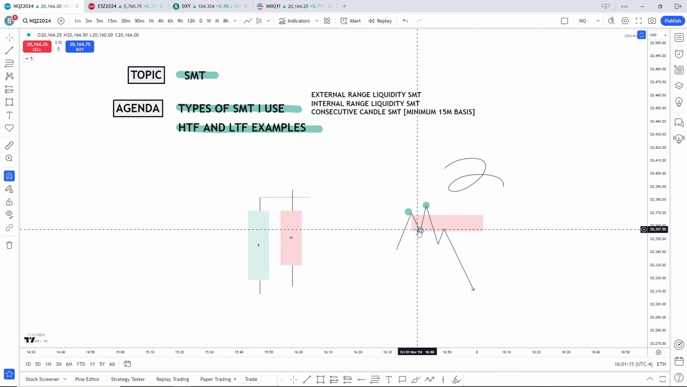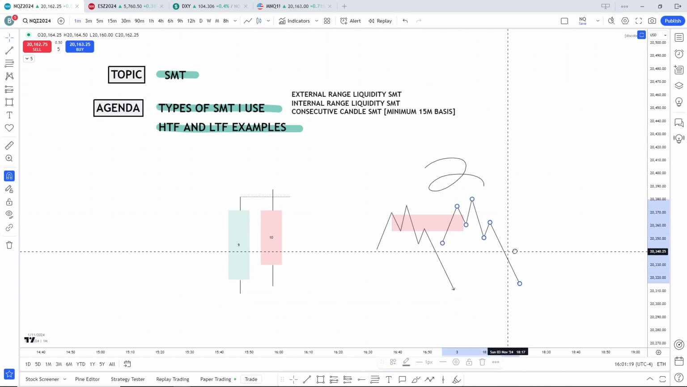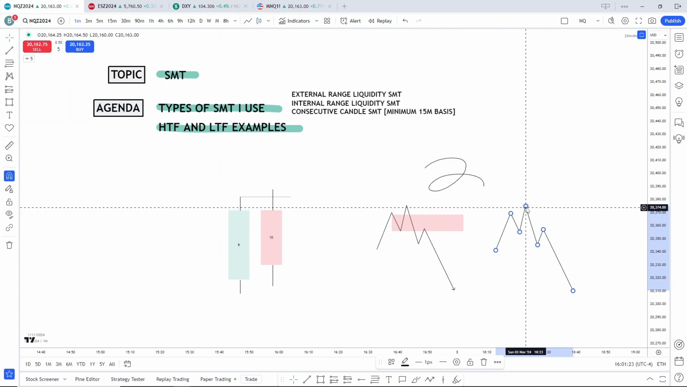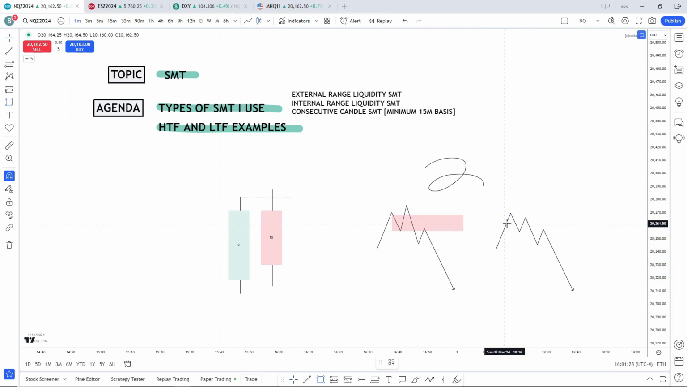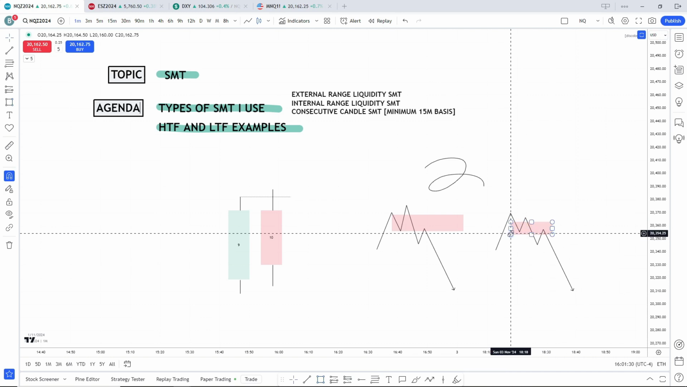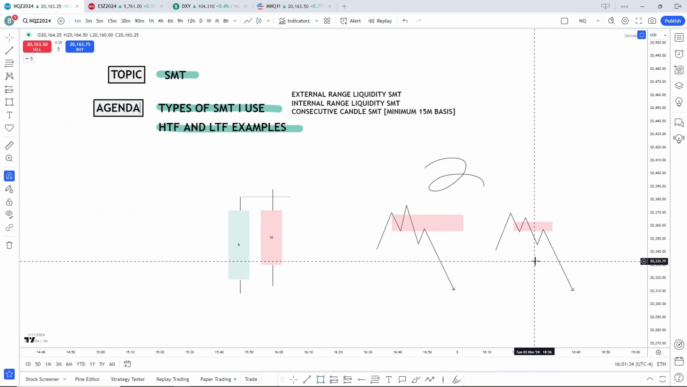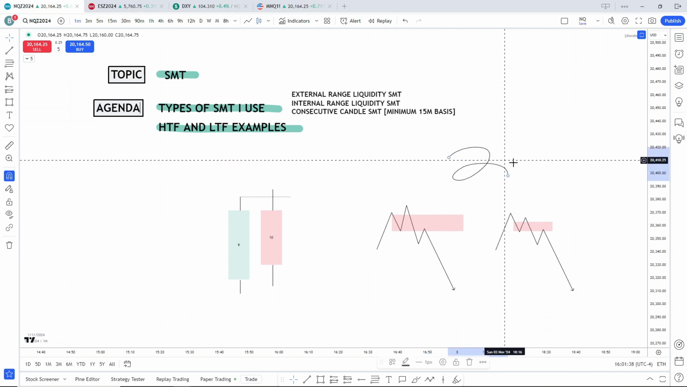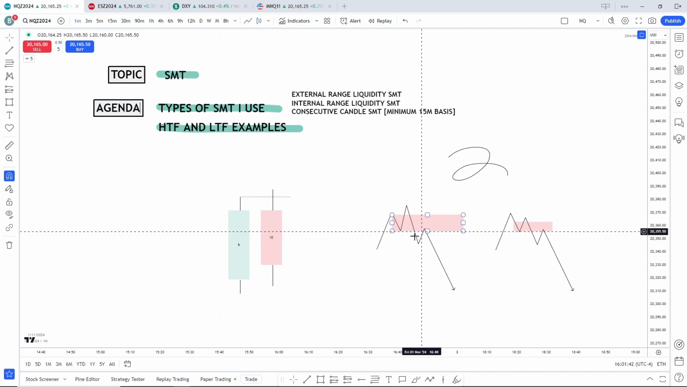Or you may have a swing high, swing low, lower swing high, leaving a mitigation block before we reverse. Now, what this means from a consecutive candle SMT basis is, let's say this is NQ and